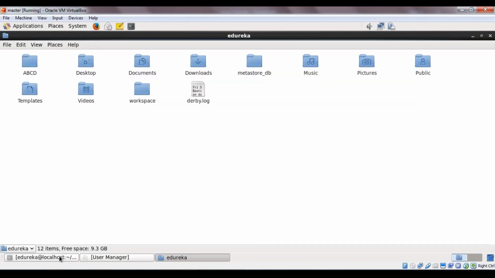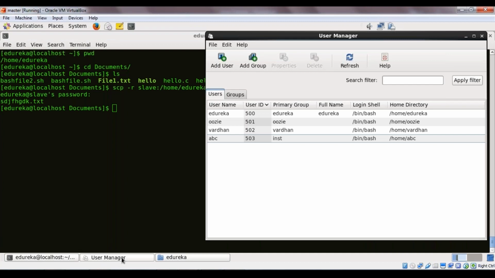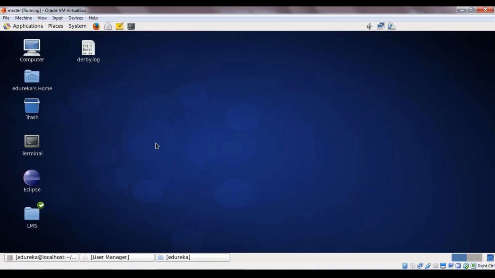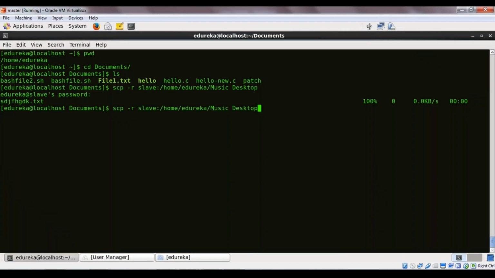Okay, so it seems like there's an issue here, right? It doesn't seem to have downloaded. I think the mistake I made was that I didn't specify the entire path, so that's what I should have done. What I'm going to do is enter the entire path anyway: slash home slash Edureka slash desktop. Okay, there's a spelling mistake here. Now if I hit enter,